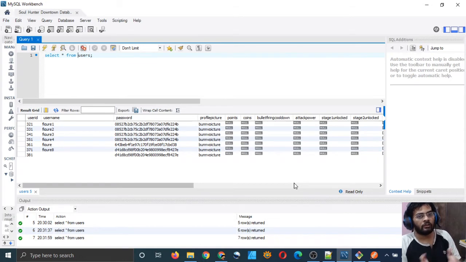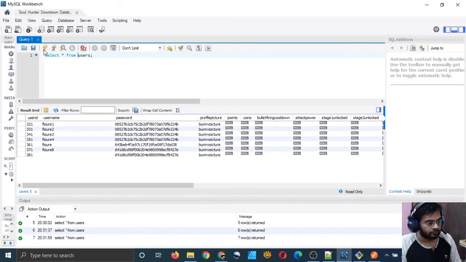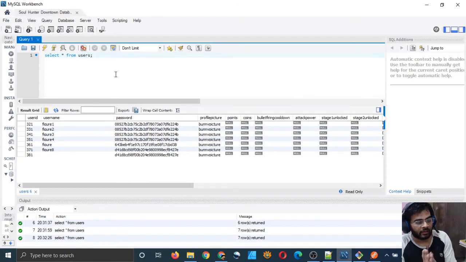Is null equal to null? Let's find out. I will just simply send it again. No, username is already taken. So it is actually telling me that null is in fact equal to null in MySQL. So it will not take another user with a null value.